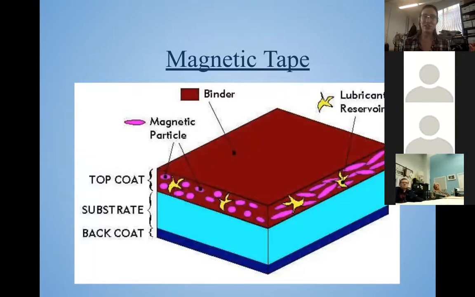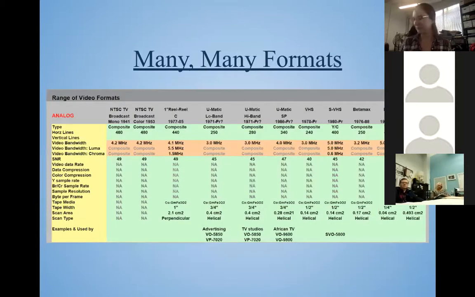So once again, we're working with magnetic tape with video, and it's the same concept as your audio magnetic tape. There are just as many formats. There are more, actually. Sorry, there are more formats. So I have here at the top a listing of some of the more popular ones. So there's 1-inch reel-to-reel type C. There are also different types of 1-inch reel-to-reel: pneumatic low band, pneumatic high band, pneumatic SP. We've got VHS,